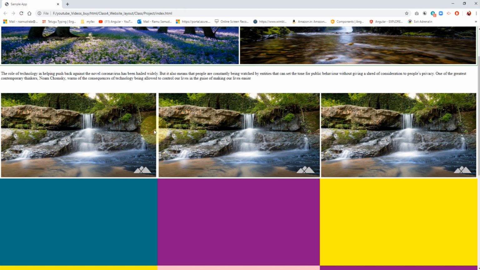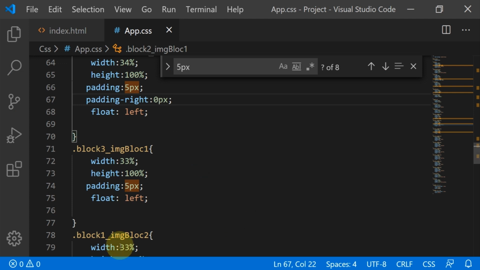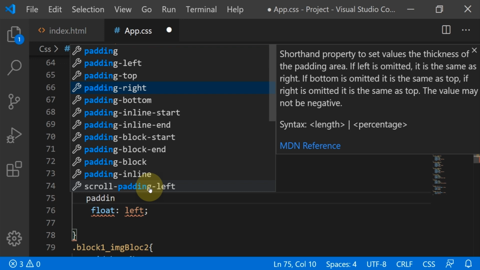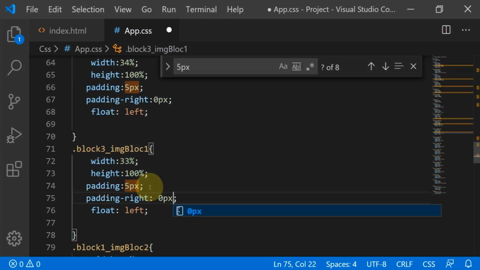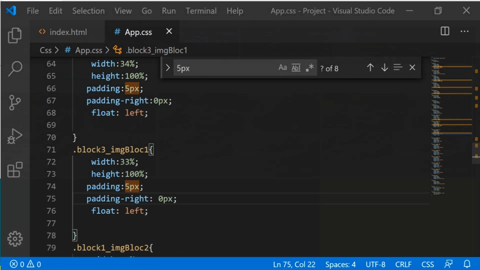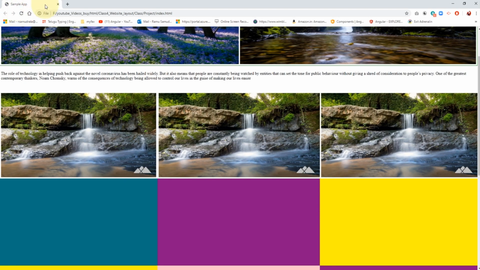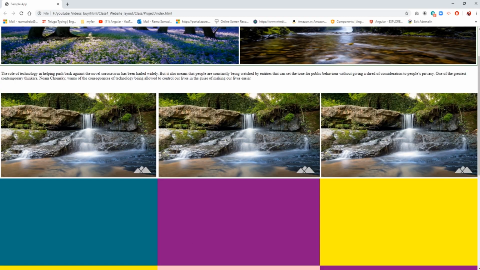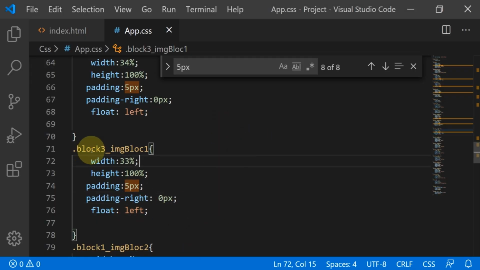Yeah, here it's fine. Here also we should do the same. Padding right, 0 pixel. What happened guys? Sorry guys, this one is block 3, the last image.